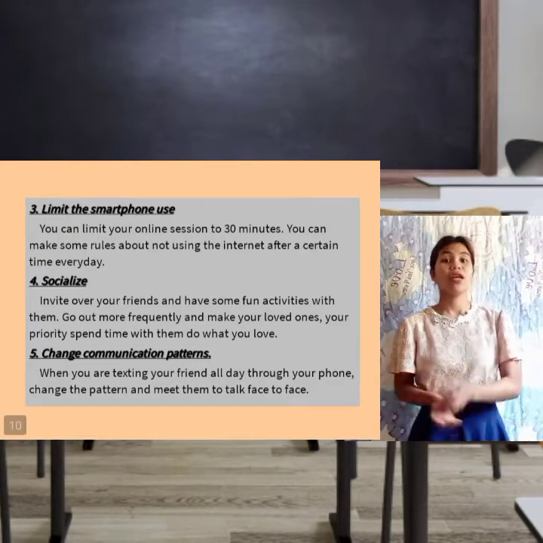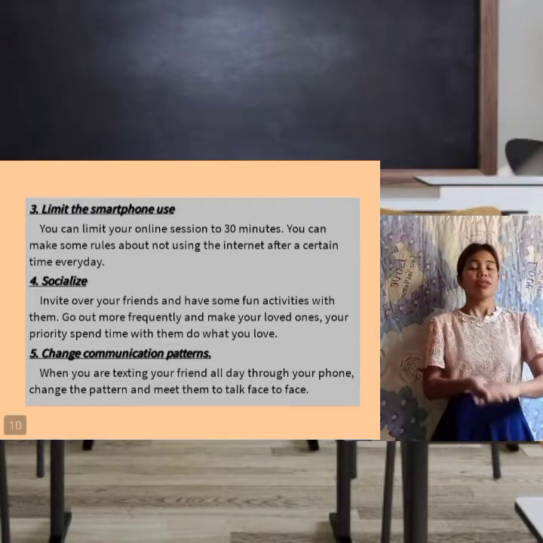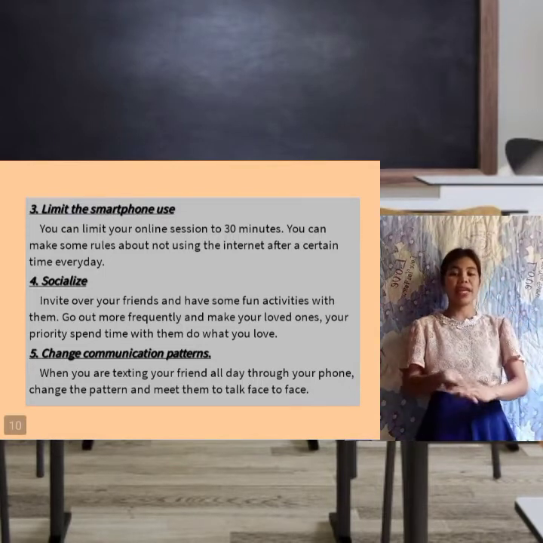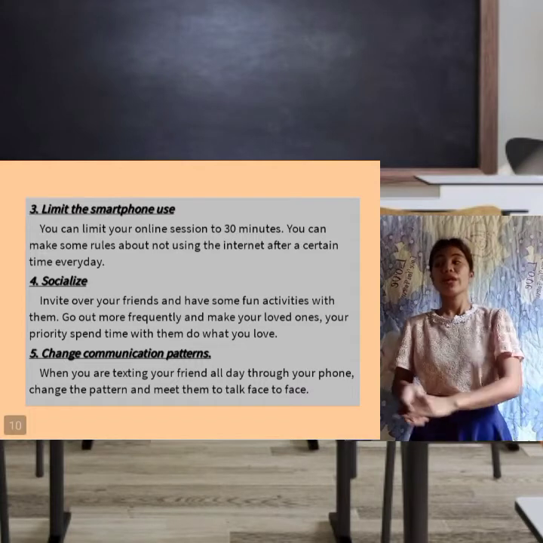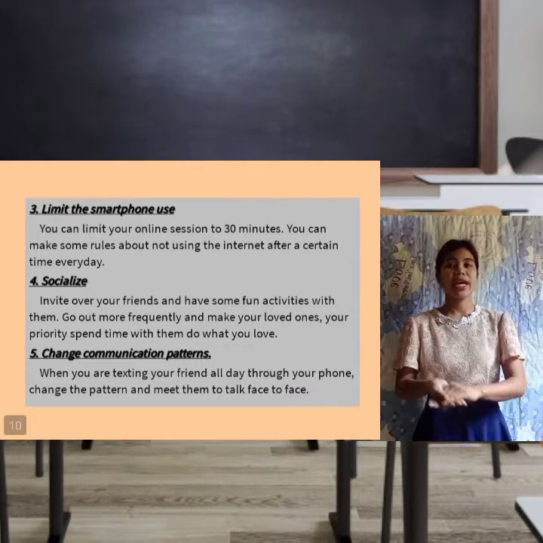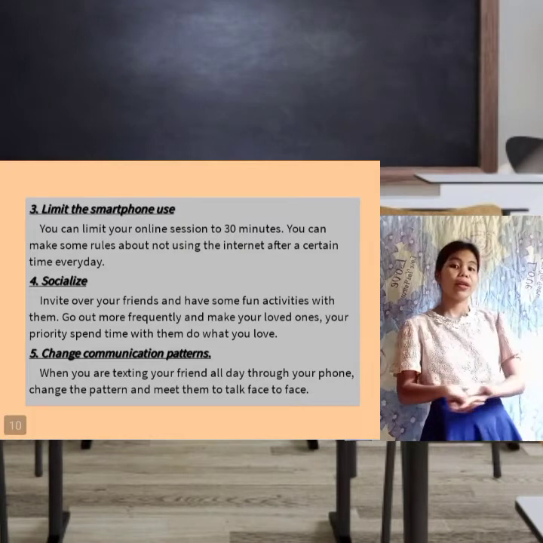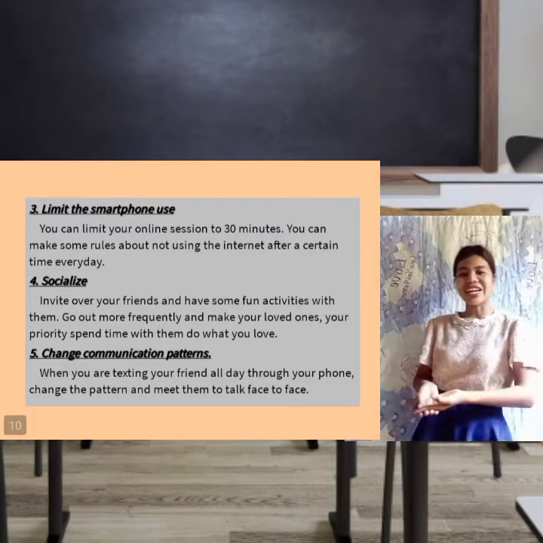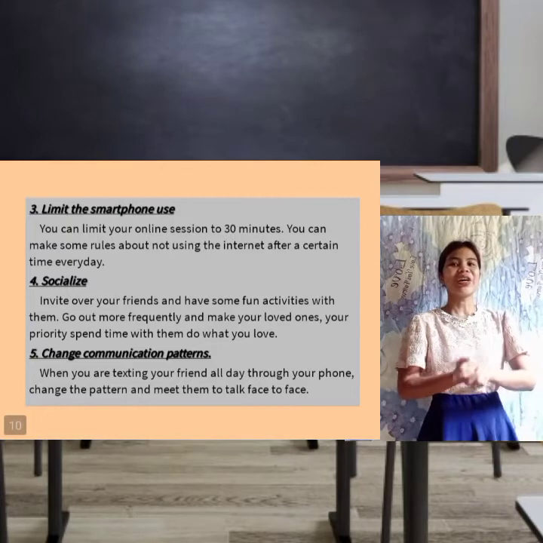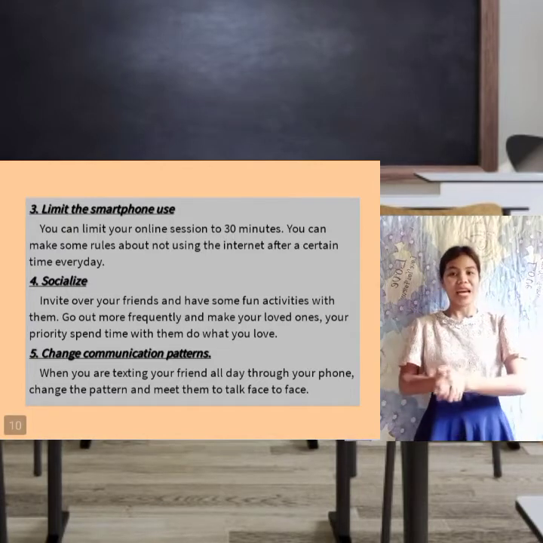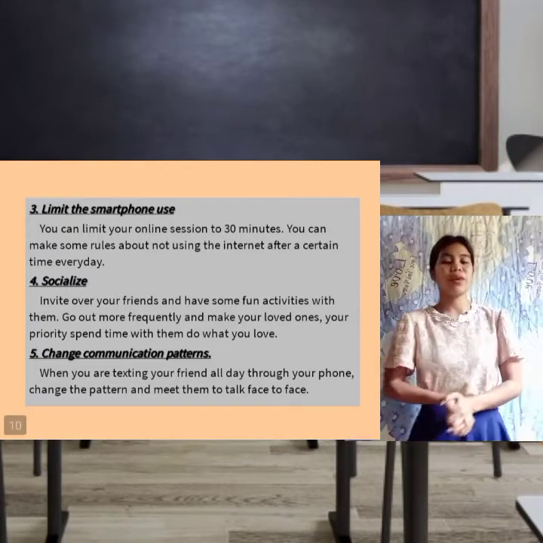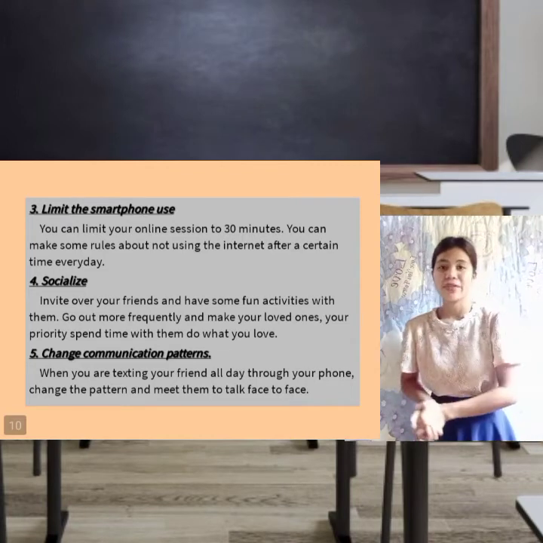The fourth one is socialize. So you have to invite your friends and have some fun activities with them. Go out more frequently and make your loved ones your priority. For those who have loved ones, just wave. So your priority is to spend time with them, do what you love, and try to maintain your real life relationships